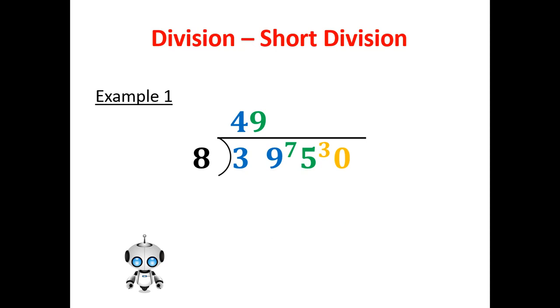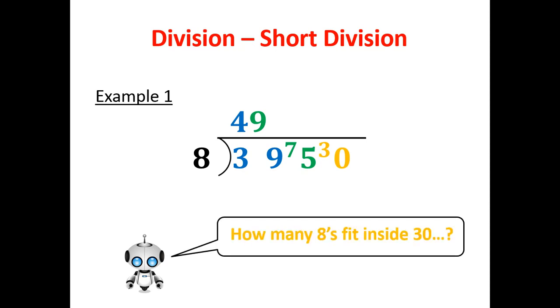We look at the 30, and we say how many 8s fit inside 30. So once again, we count up in 8s. 8, 16, 24. Now I'm not going to go over, because if I go over, I get to 32, that's too much. So once again, we count 1, 2, 3 8s are 24. So we pop the 3 here,